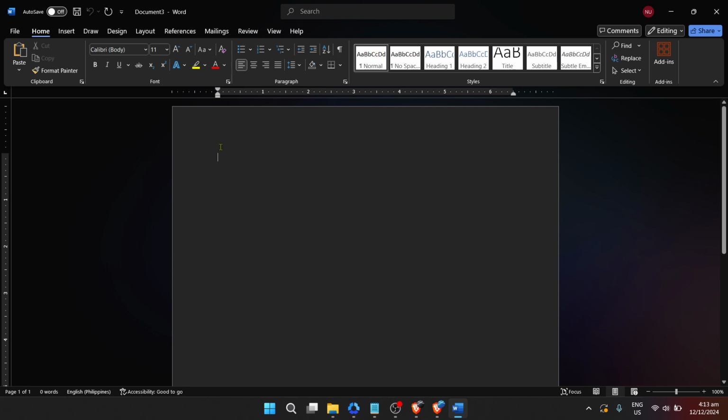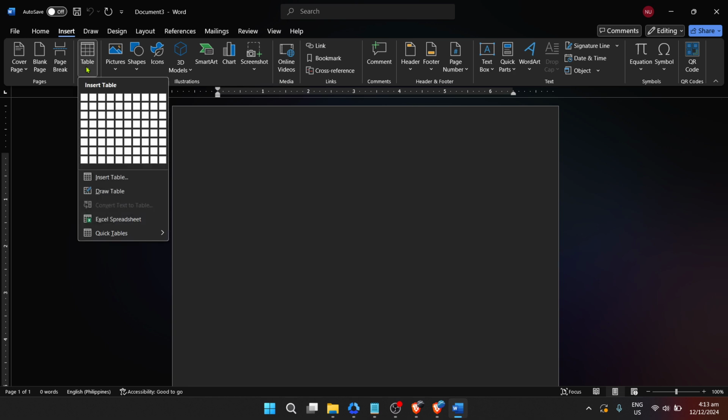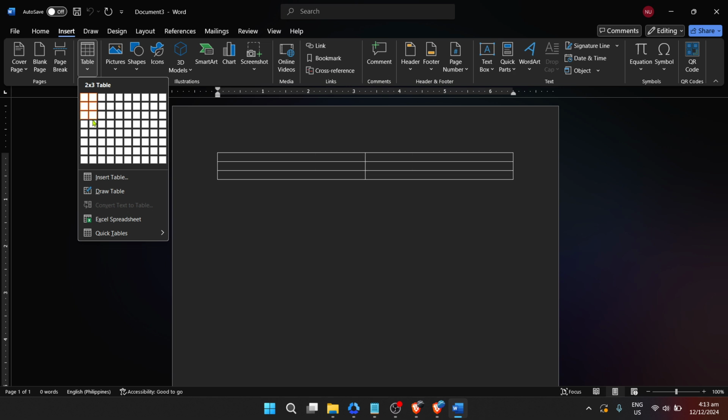Next, we're moving on to the Insert tab. This is where all the magic happens. Look at the top of your Word document and you'll see a ribbon of options. Click on Insert. This section of the ribbon allows you to add various elements into your document, but for today our focus is on tables. After clicking the Insert tab, you'll see the option for Table. Click on it and a drop-down menu will appear. From this menu, you'll want to select Insert Table. This selection will open up a small dialog box that's going to ask you for the specifics of your table.